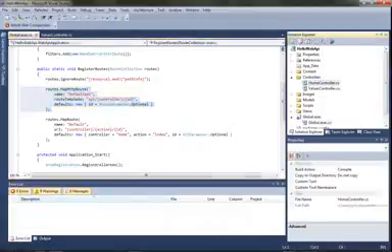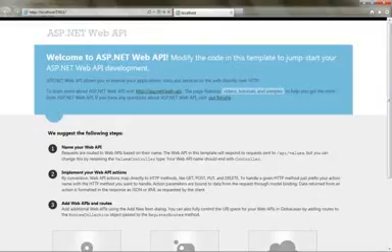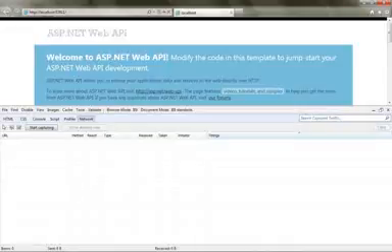We've got our standard home controller built into the application, and so I can run this and I'll see the home controller's index view. Now you're not going to browse directly to your Web API's output, but you can see what it's doing using the developer tools. So I'm going to hit F12 to launch those. I'm on the Network tab, and I'll hit Start Capturing. And then I'll browse to